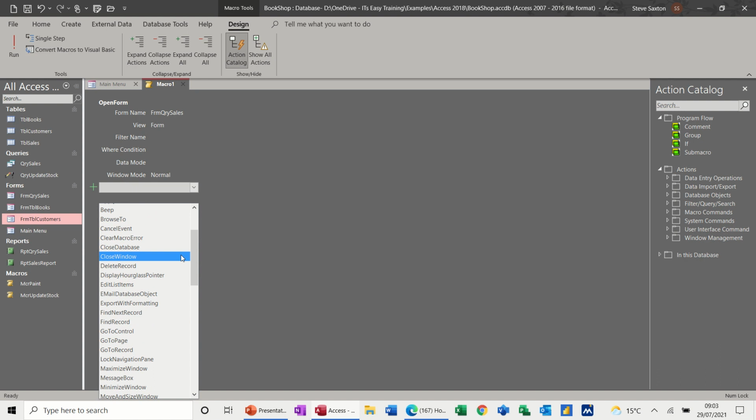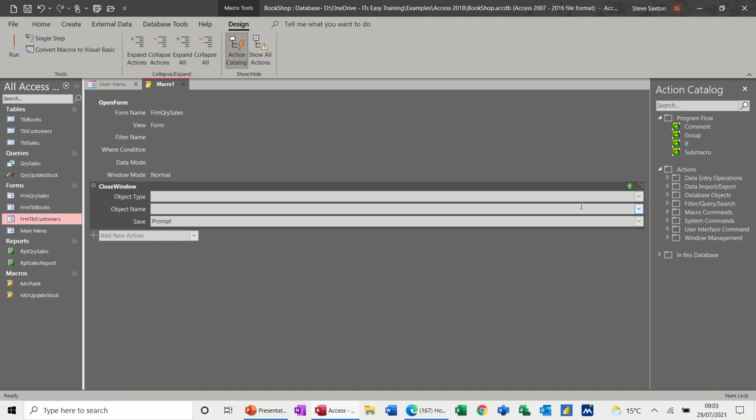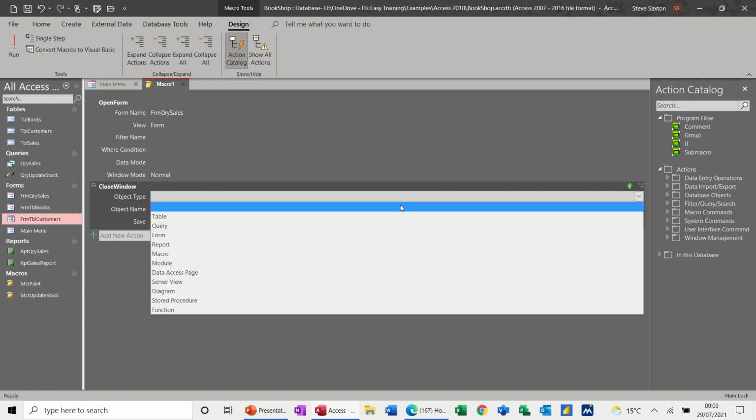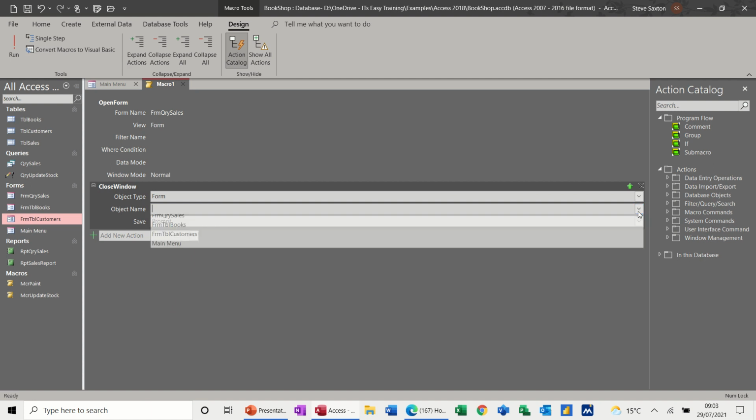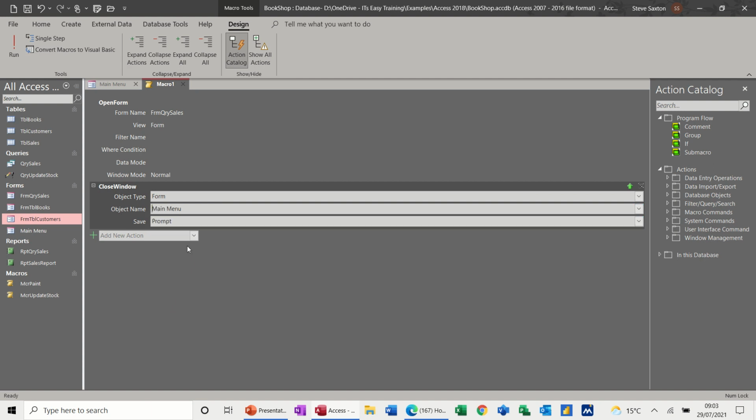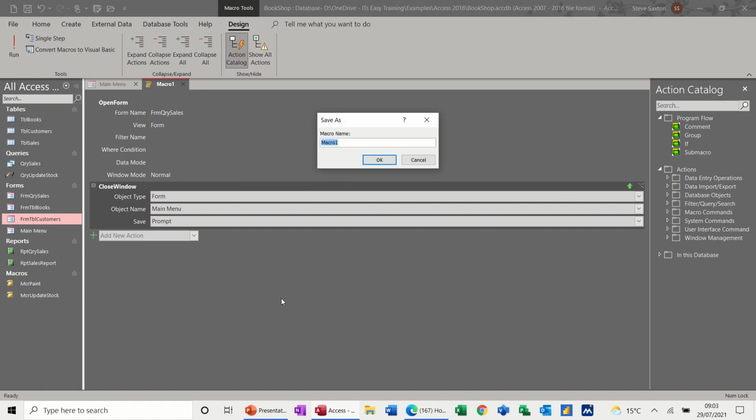Okay, I'll use close window, and it comes up with the object type, and it's going to be a form, and the form name is going to be main menu, and that'll do. So we're going to open this form, and then we're going to close that, and I'm going to save this macro as MCR for macro. So it's going to be open sales close main. So that's like a bit of a description of what it's going to do. Click OK to that,